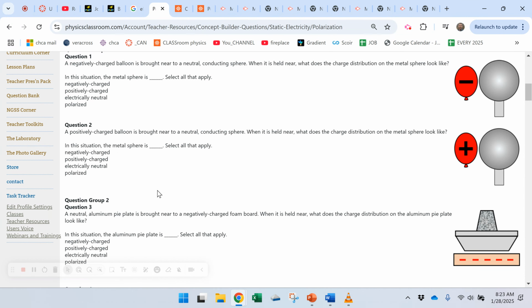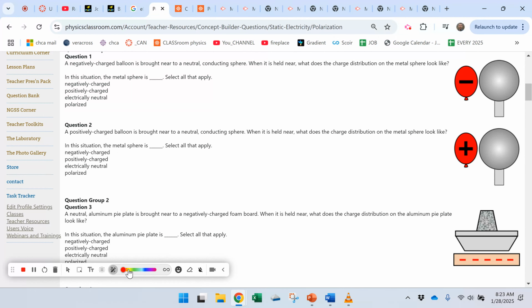All right, so today we're looking at the Physics Classroom Concept Builder, specifically polarization. Now, on this screen I'm showing you, this is a little bit different. This isn't the actual concept builder you'll go through, but all of the questions are on here. It's a little bit faster sometimes just to show it in this manner, but you'll see this in several different